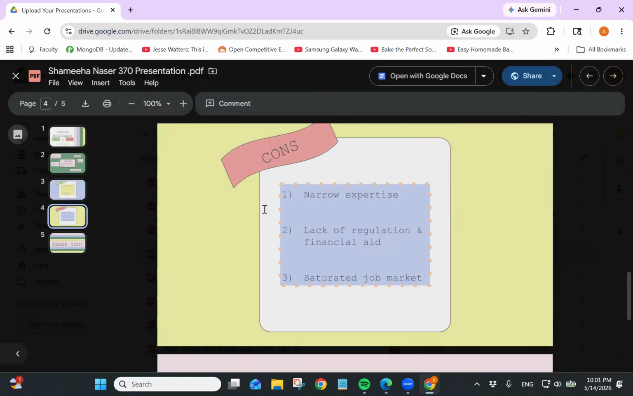However, these boot camps offer narrow expertise. Their course load is limited, and they don't provide the depth that a college education can, such as theory or ethics. And they also lack regulation and financial aid. So